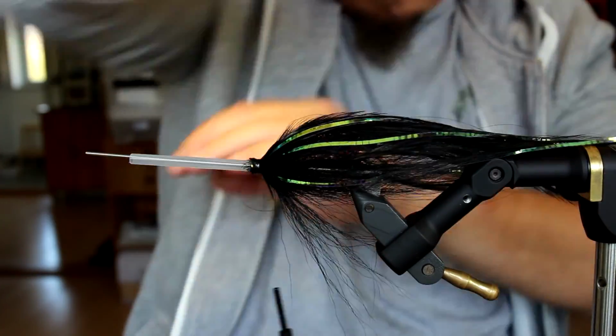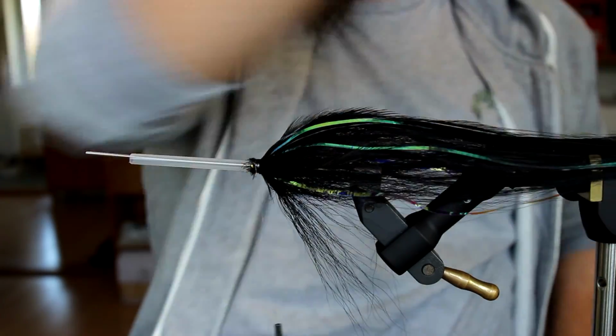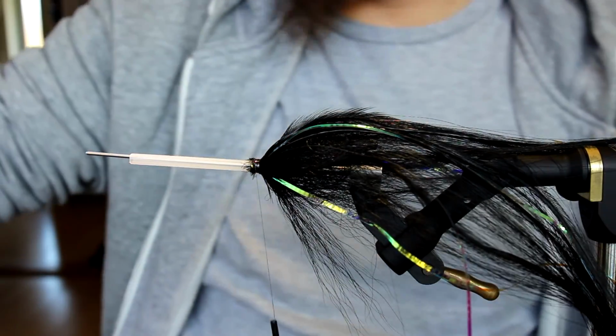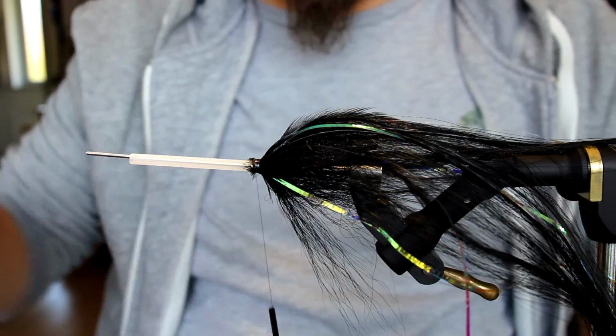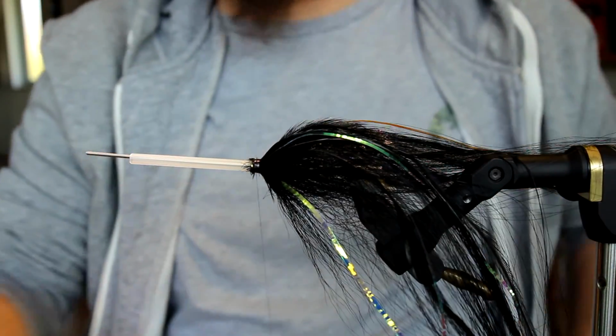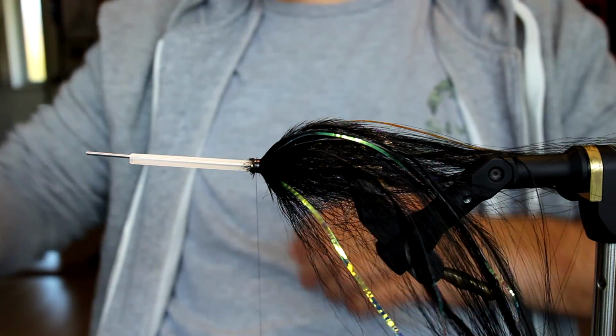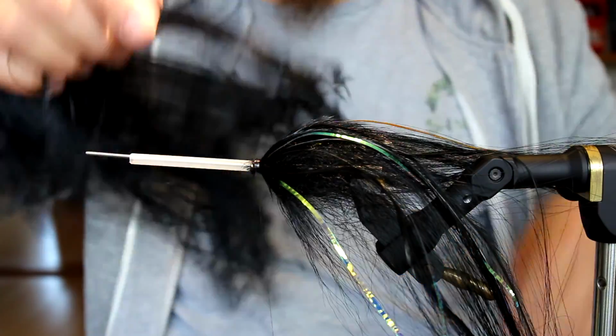Okay, great looking so far. Everything is as it should be. The eel is moving along, and now we are not completely finished, but we're at some of the last things on this fly. So in order to give it